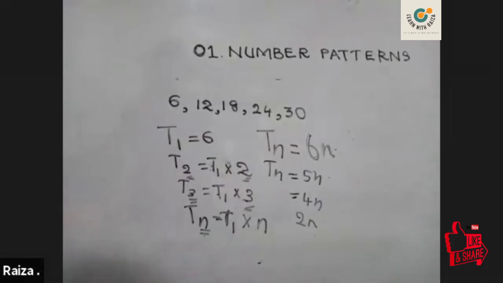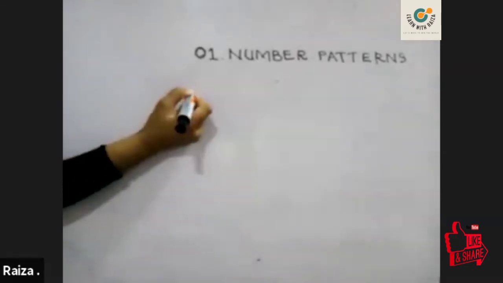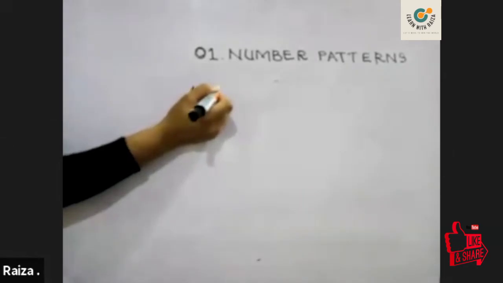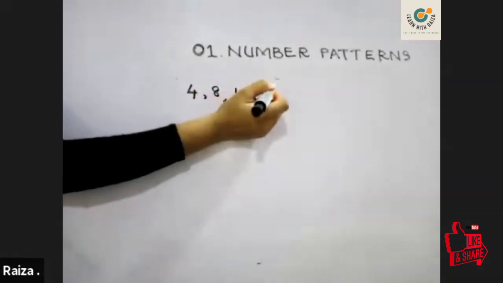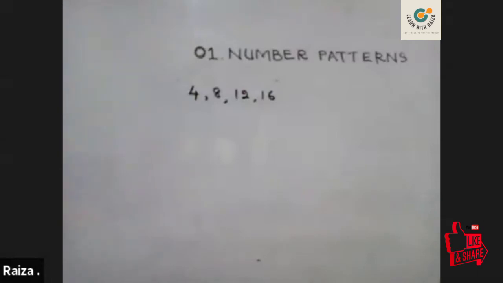So the general term for the multiples of a times table, or what we call multiplication tables, will be the same number times n. But it differs for some other number patterns. Let's see that also. Right, now I'll take a number pattern 4, 8, 12, 16. Now what times table is this? 4 times table. So what will be the answer for that? Of course, that will be 4n, right?